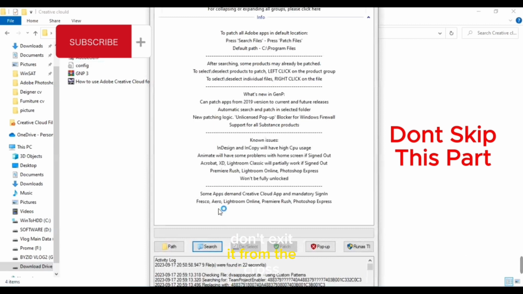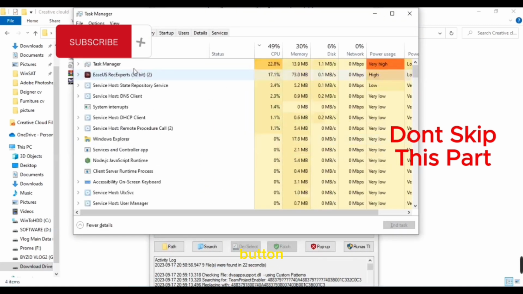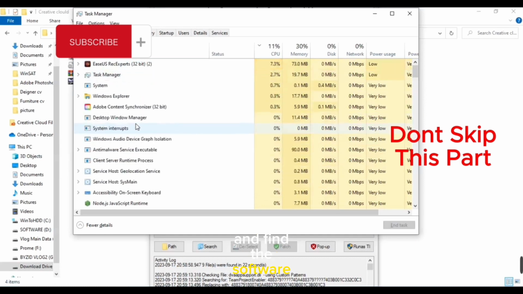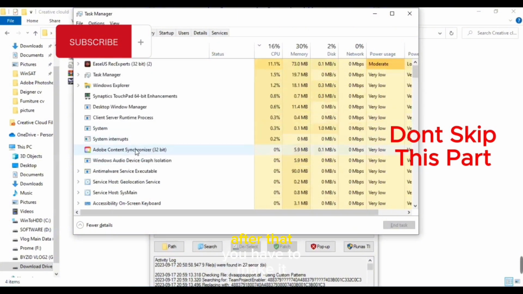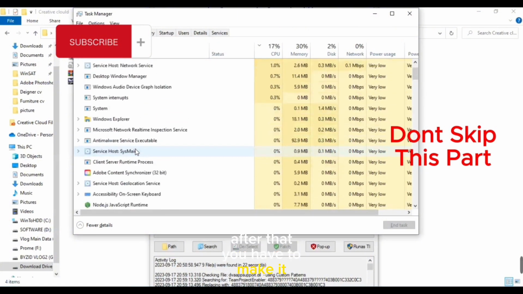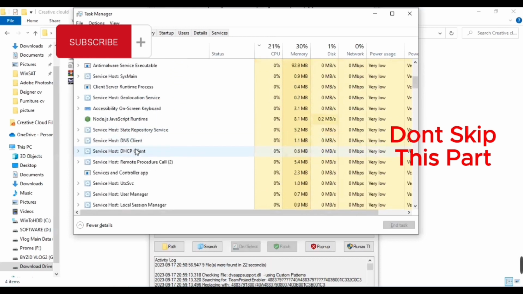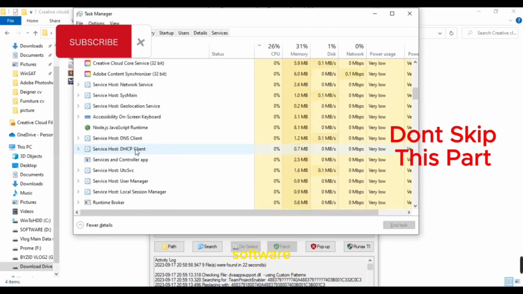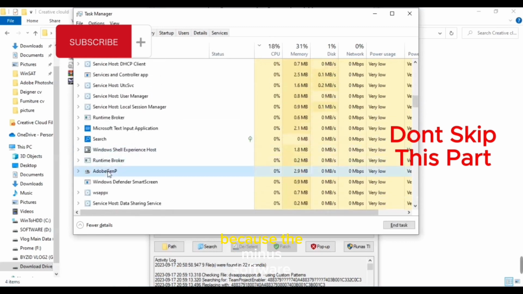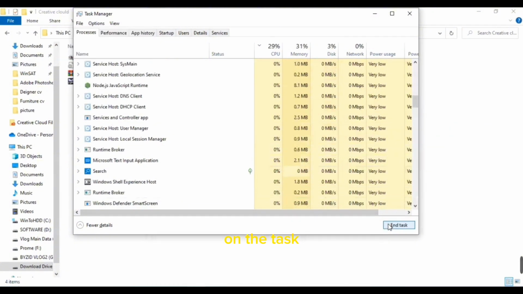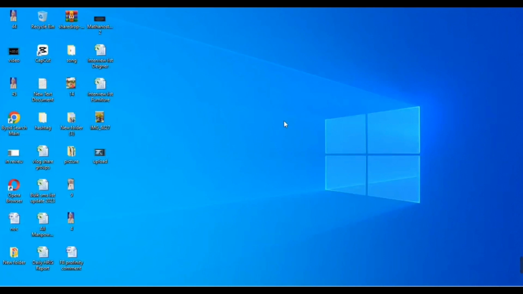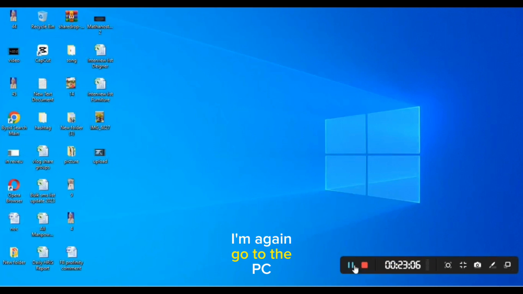Don't exit it from the cross button. Open the Task Manager and find the software. After that, you have to end the task. So I am just scrolling down to find the software, because many programs are running in the Task Manager, so I have to identify and close it. After closing the software, I go to the PC again,